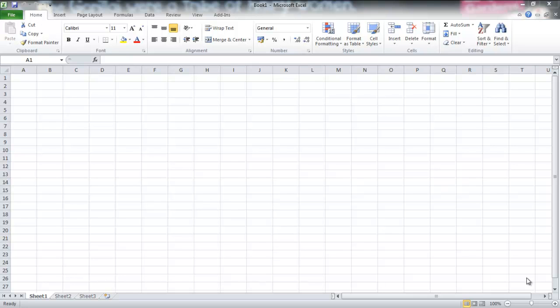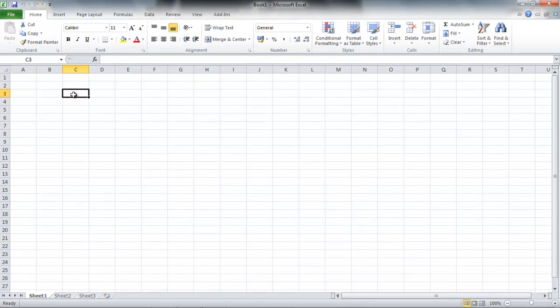A number of you are looking to make charts using Microsoft Excel, and I decided to make this short video on how you actually go about doing that. As you know already, Excel is made up of lots of little boxes called cells, and these cells can be referenced using the headings across the top and the numbers down the side. It's organised into columns and rows, and so I'm currently clicking in cell C3, and you can see it's highlighted